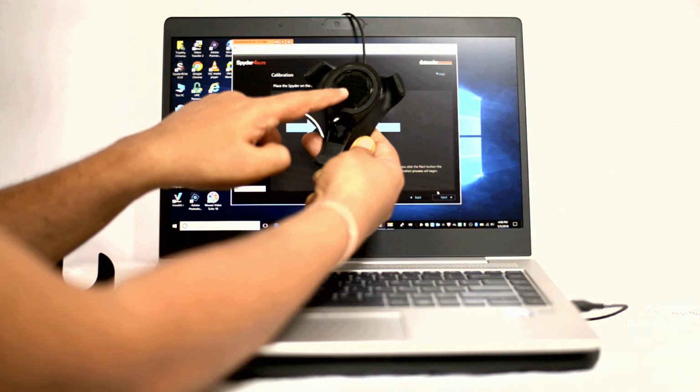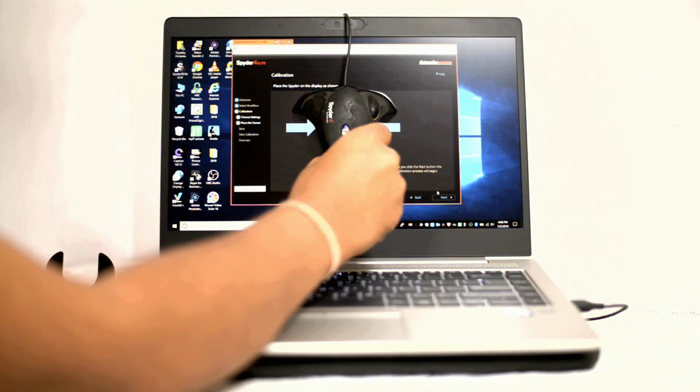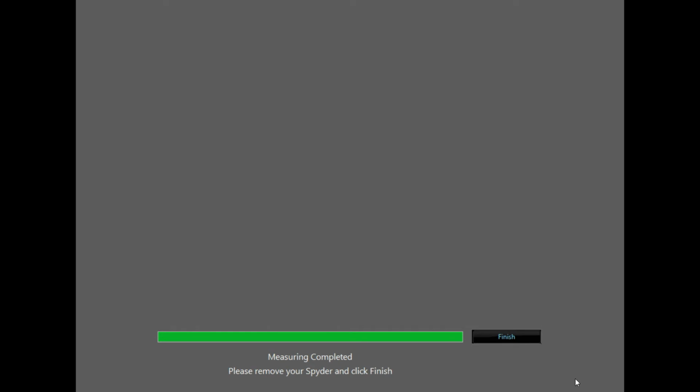The bottom portion of this Spyder, which looks like a grid, is the sensor which will read the color displayed by the monitor. I place the device on the monitor and click next. Now the monitor will start displaying several colors and the device will read them. Once the calibration process is done, the application will prompt to remove the Spyder hardware and click next.